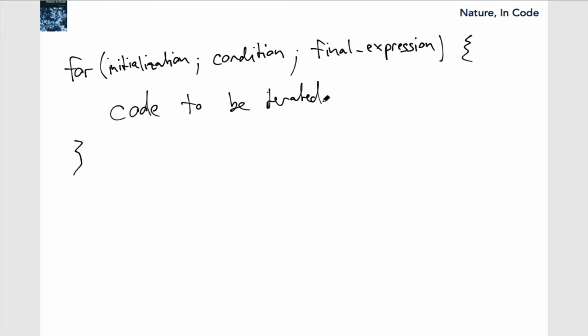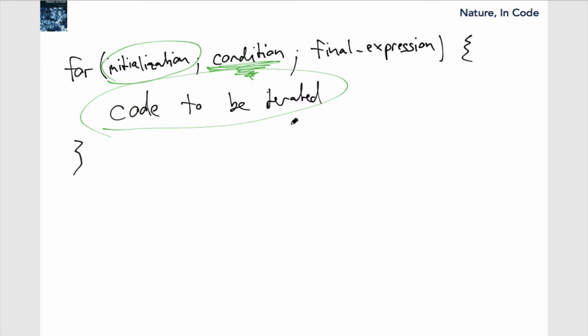And so here's how this works. First, the initialization code is executed once right at the beginning. And then as long as this condition is met, this code will be iterated. So as long as this condition is met, the code here will be iterated.